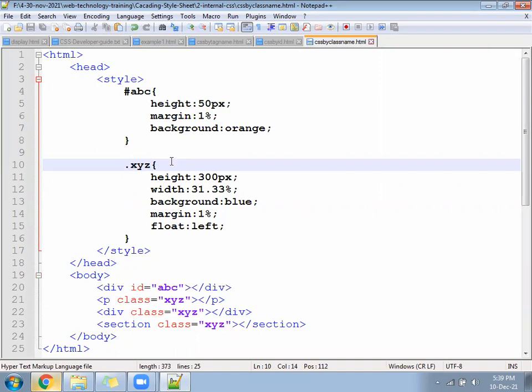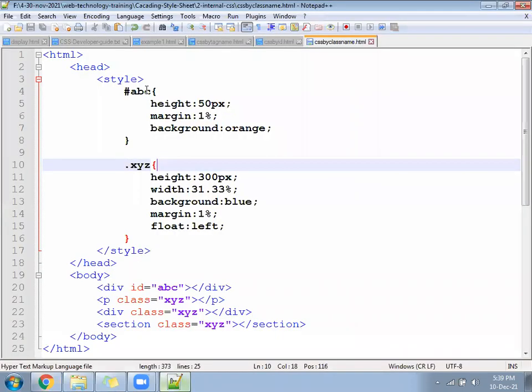Check now, similar or different? Both are similar. Based on ID also looks similar. Based on class also looks similar.